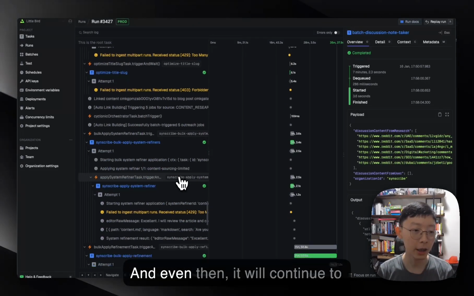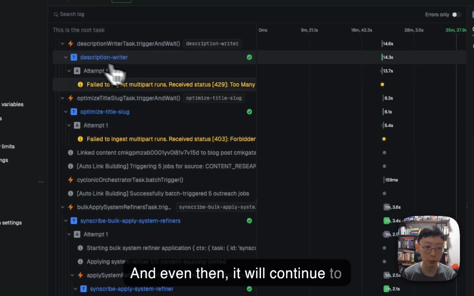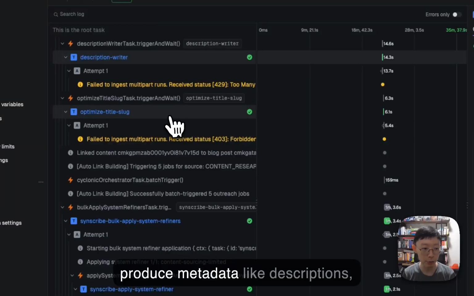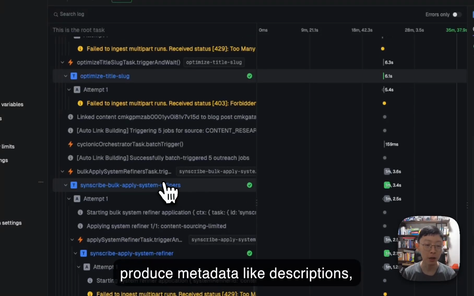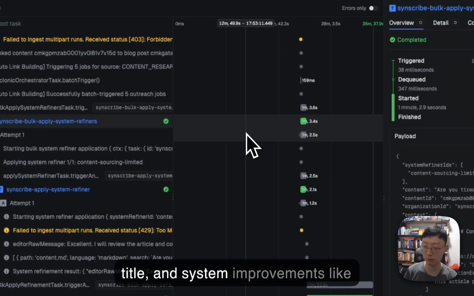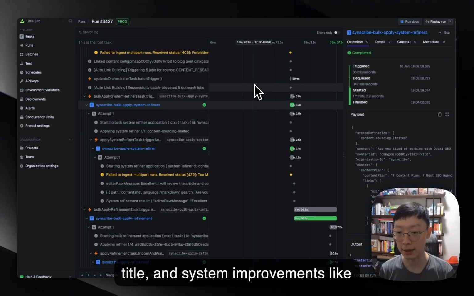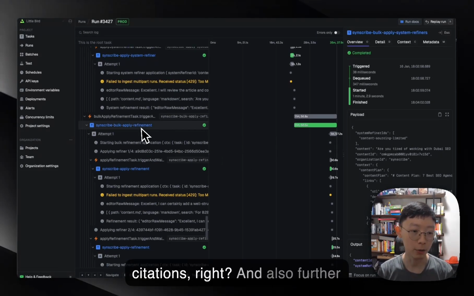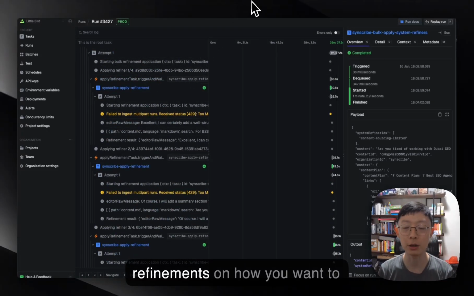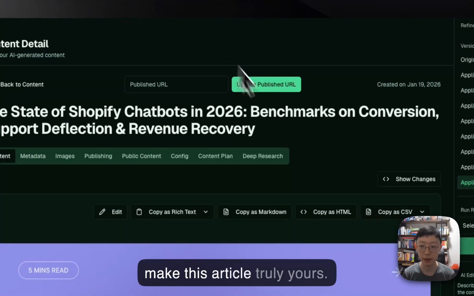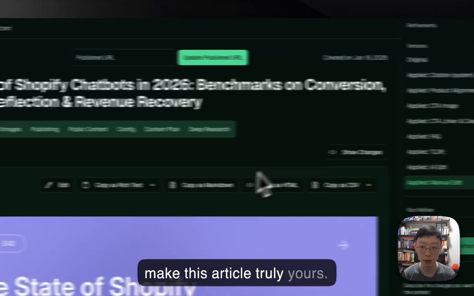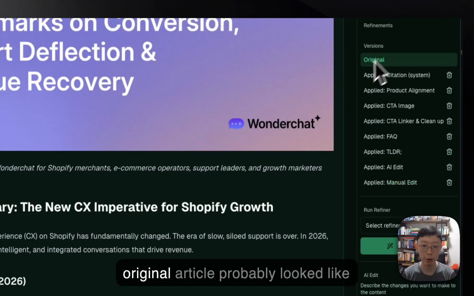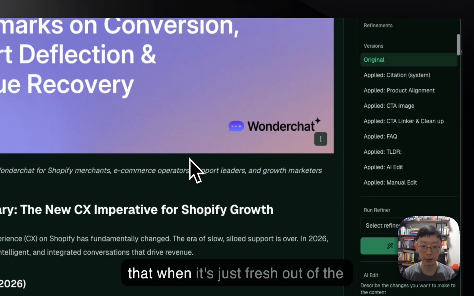And even then, it will continue to produce metadata like descriptions, title, and system improvements, like, for instance, citations, right? And also further refinements on how you want to make this article truly yours. So what happened is that the original article probably looked like that when it's just fresh out